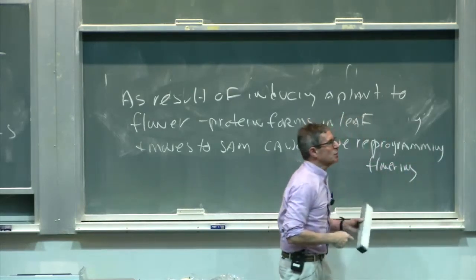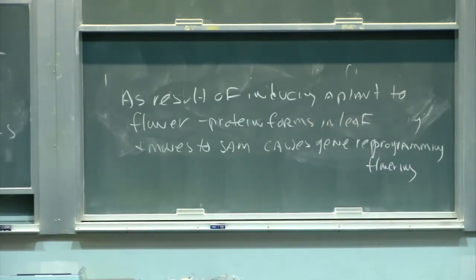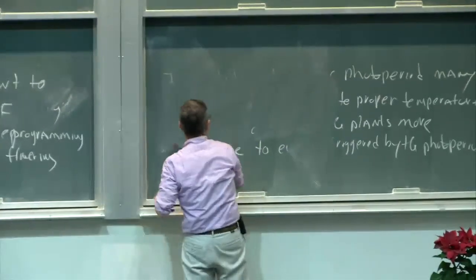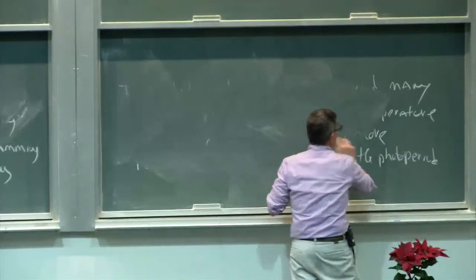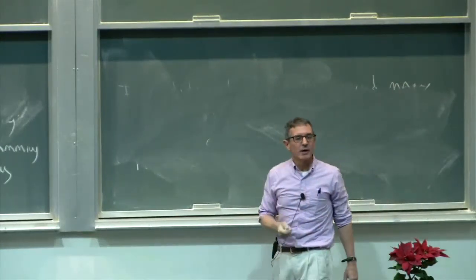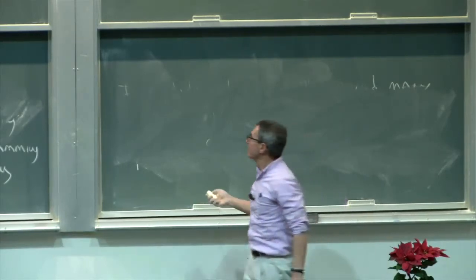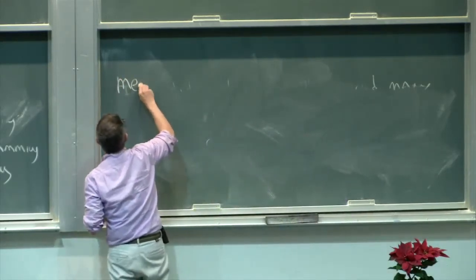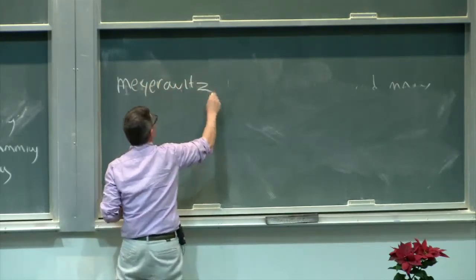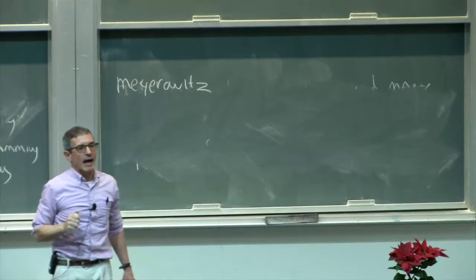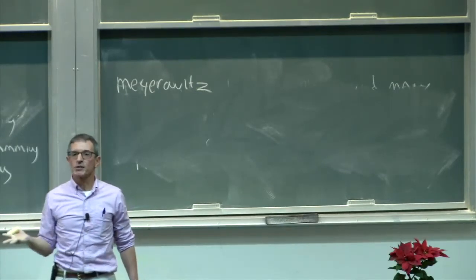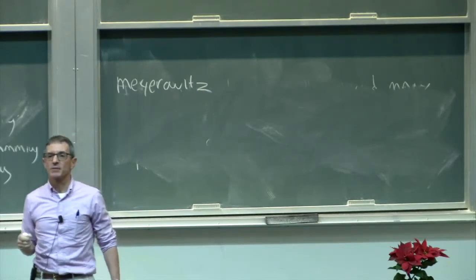Now, I'd like to talk to you a little bit more about what happens once this stimulus, which we now think is a protein, arrives at the shoot apex. Much of this work that I'm going to discuss with you very briefly comes from a worker and his group down at Caltech. His name is Elliot Meyerowitz. He's quite a charismatic fellow. Sometimes he comes up to Berkeley and gives talks, and if you ever see him listed as giving a seminar, it's worthwhile coming and listening to him talk.